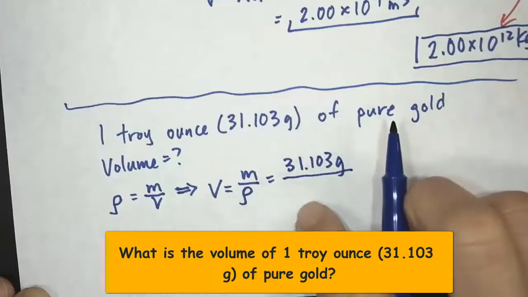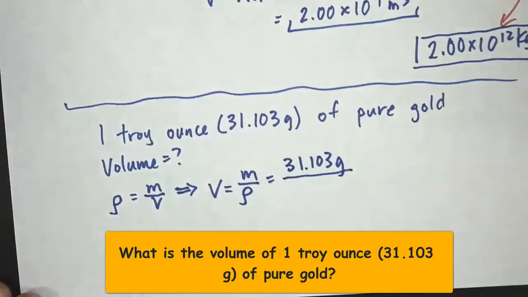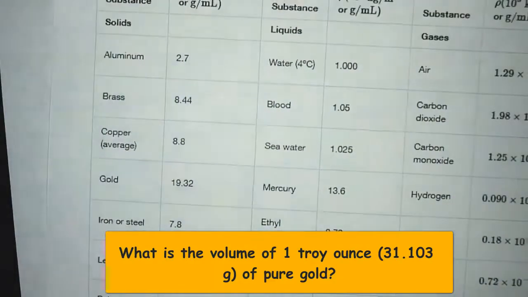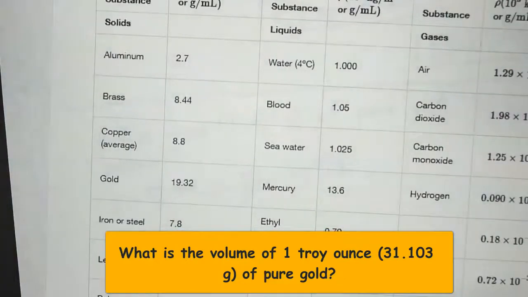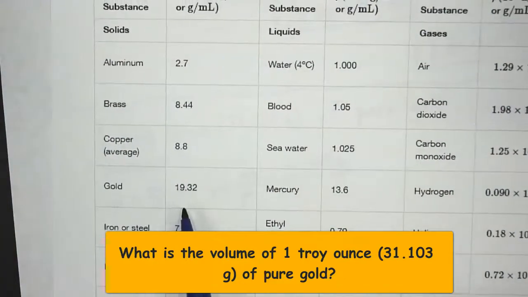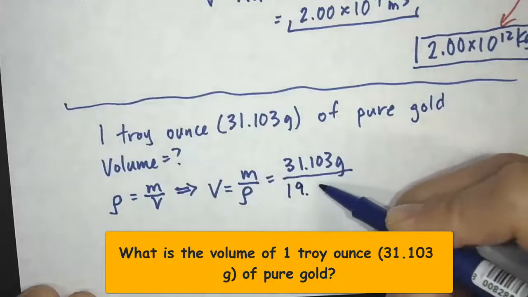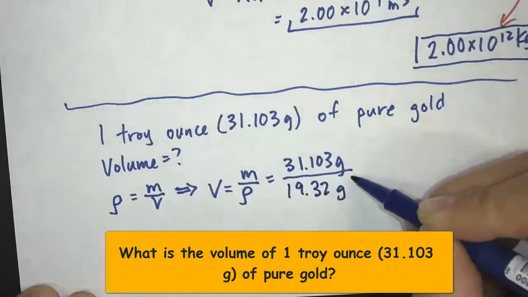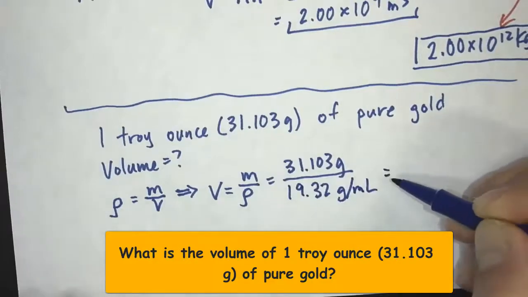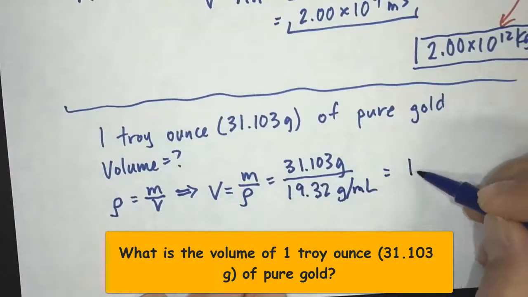Okay, and then now I need the density of gold, which I can go to my chart, and I see that gold is right here. So 19.32 grams per milliliter. Okay, so I'm going to take 31.103 grams divided by 19.32 grams per milliliter and do a little division there, and I get